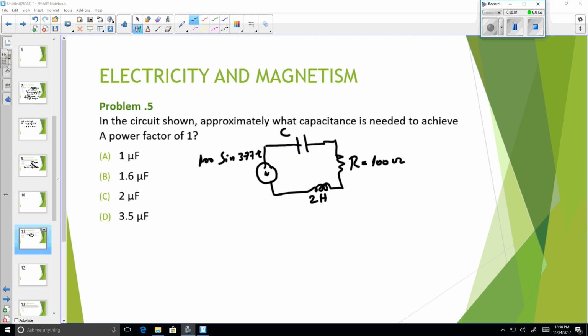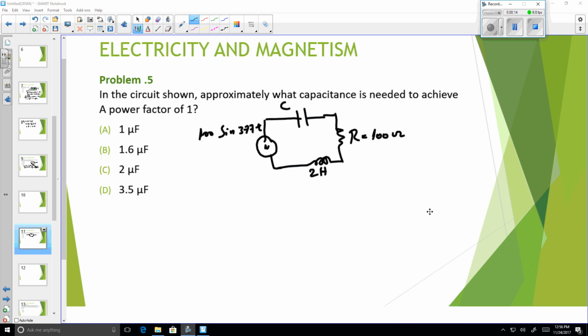Here's problem number 5. They said, in the circuit shown, approximately what capacitance is needed to achieve a power factor of 1? Now, in order to answer this question, you need to know the concept that we will have a unity power factor if the total load in the circuit is purely resistive. In order to have a purely resistive load, so if we look here,